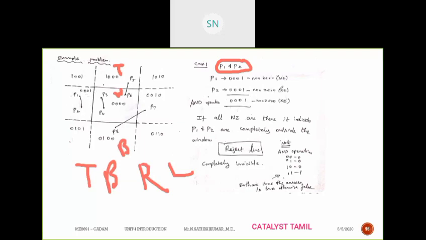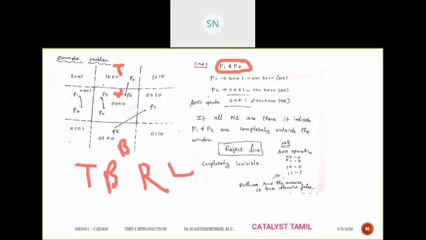Now I have to perform the AND operation. What is my AND operation here? If both inputs are true, then my output is true. Look here: if you give 0 and 0 as input, you get 0 as output. If you give 0 and 1, you get 0. 1 and 0, you get 0. If you give both 1 and 1 as input, then you get 1 as output. Here it is a non-zero term, it is also a non-zero term, so definitely my answer is also a non-zero term.